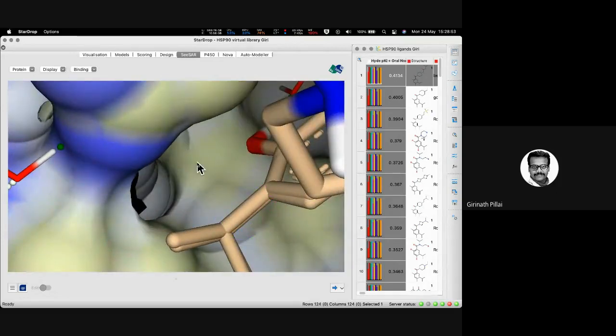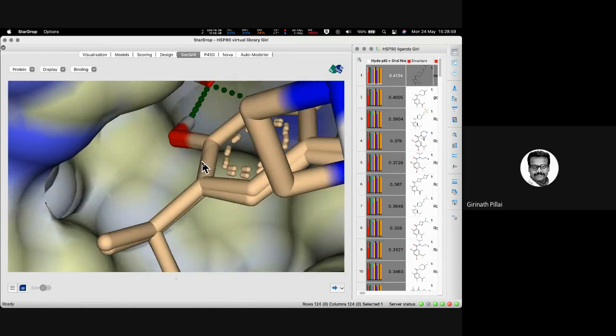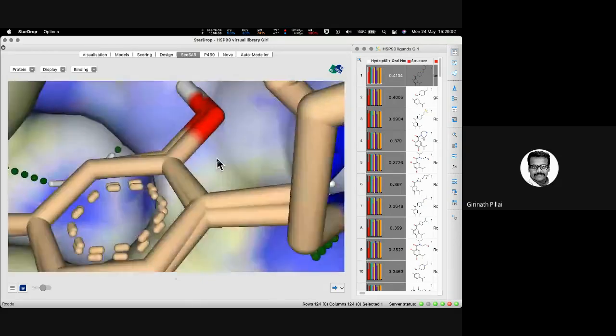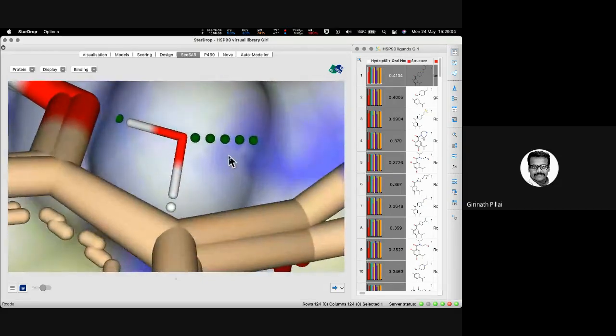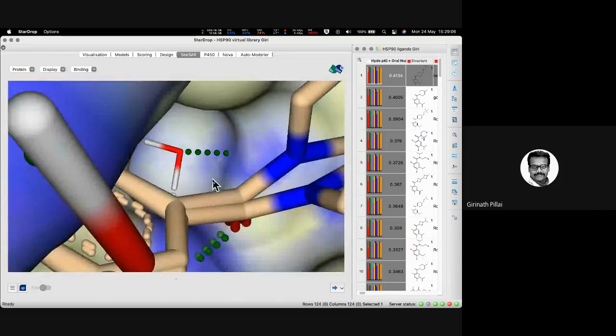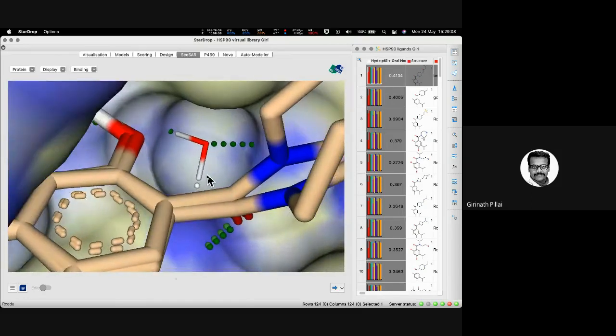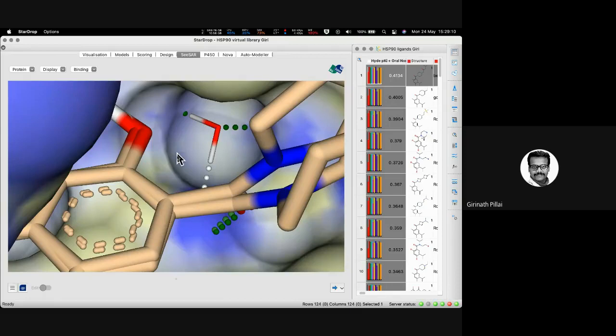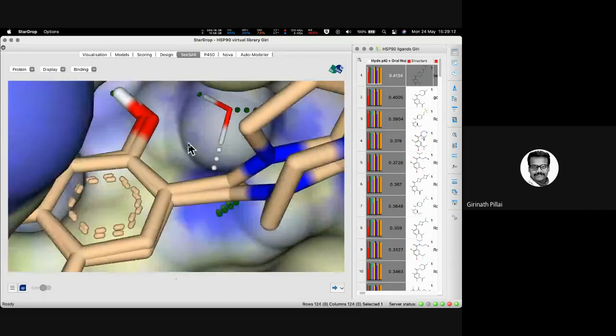So that's what one of the participants also said about the para position of the benzene. Sorry, the meta position of the benzene. So like that, this is what we have to look into. This is how you reduce the communication gap with a modeler. So for example, here also you see there is a cleft, empty spaces available here, right?